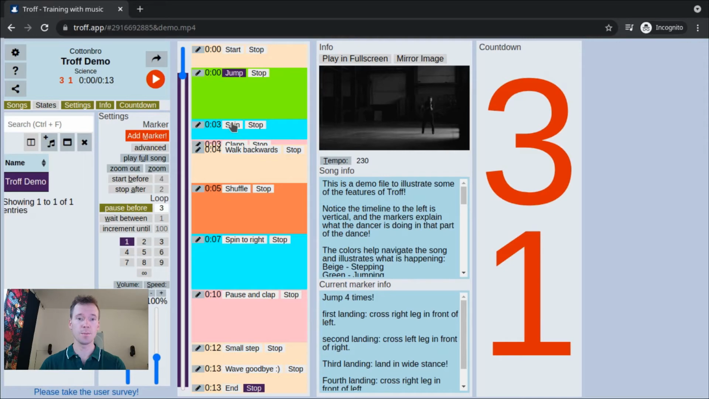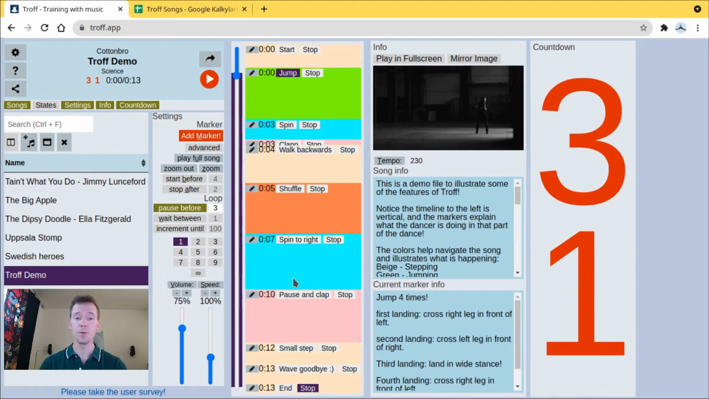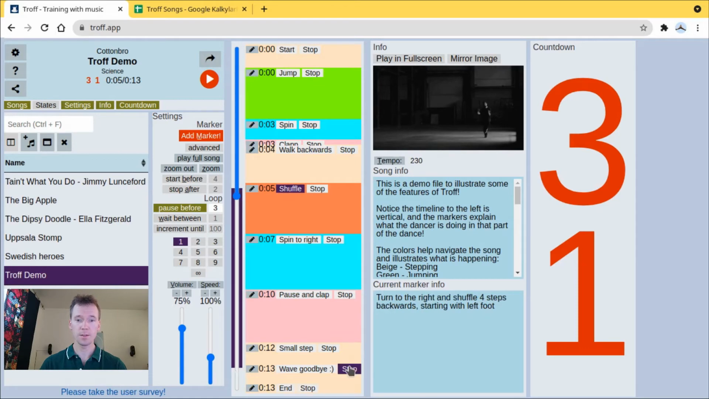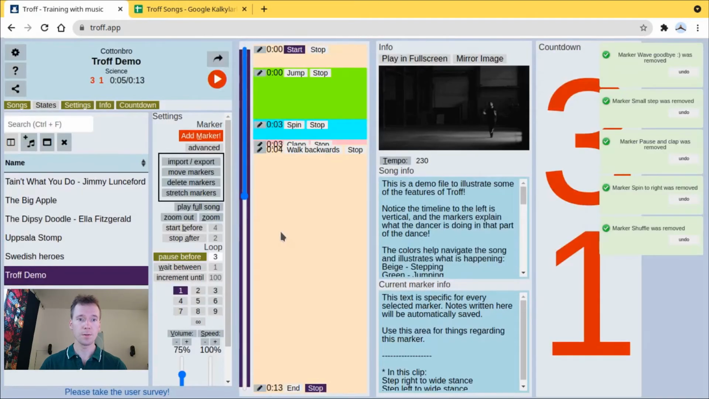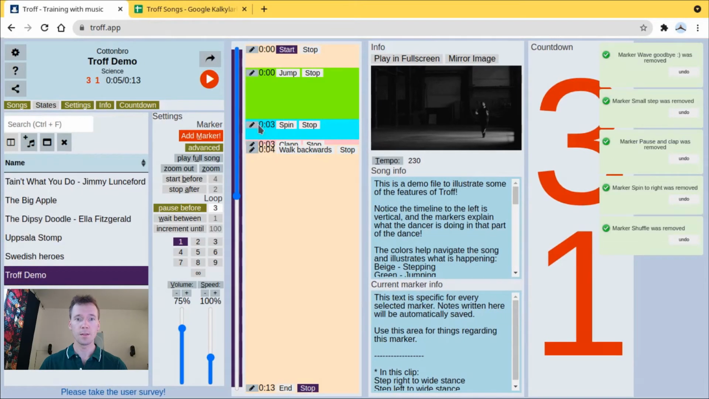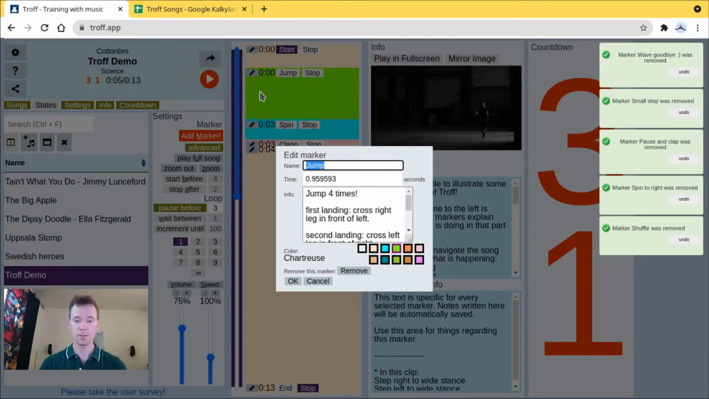You have jump and spin, and the deleted markers are gone as well. However, you can also merge the markers when you import them, and now I will demonstrate that. So let's say that I delete these markers here, delete markers there, and let's say that I rename this again to jump 4